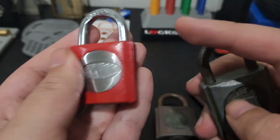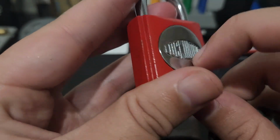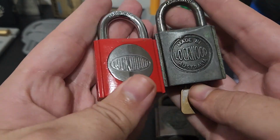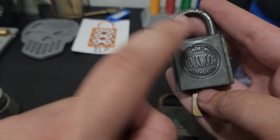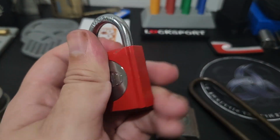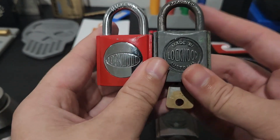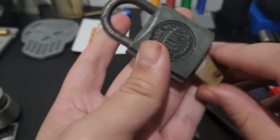The plate is different. I'm pretty sure this one is still a metal one, but the public ones were plastic. They replaced them with plastic, so this is metal because this is an older one, but the newer ones before they eventually got rid of them were plastic. Which kind of seems stupid, but when you realize that the 225s are surprisingly guttable,